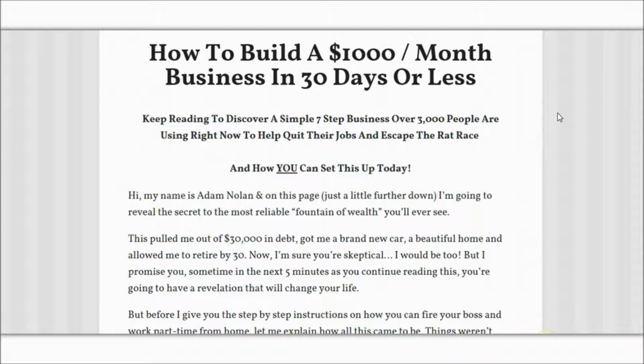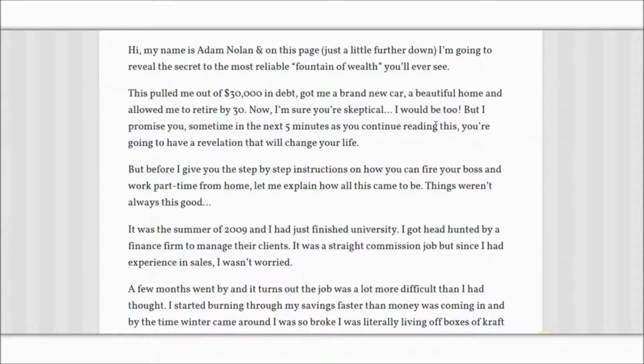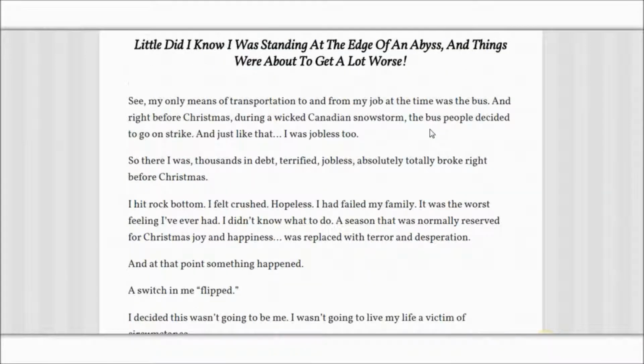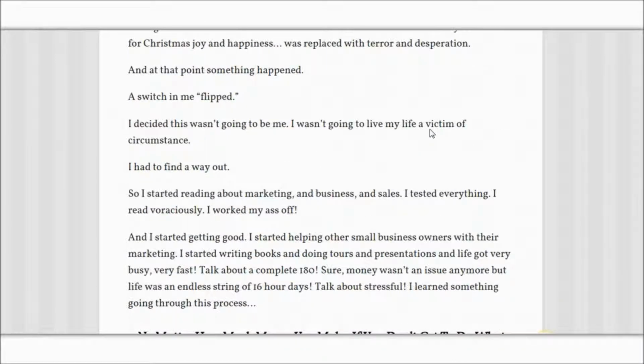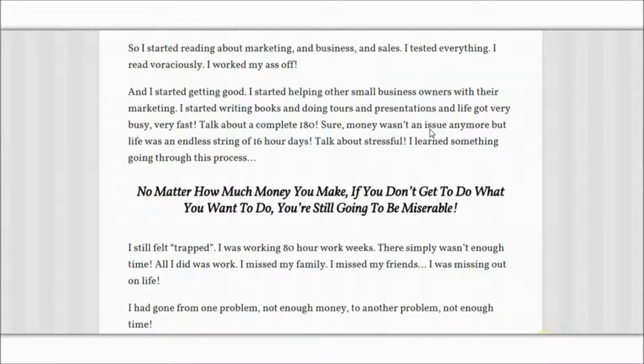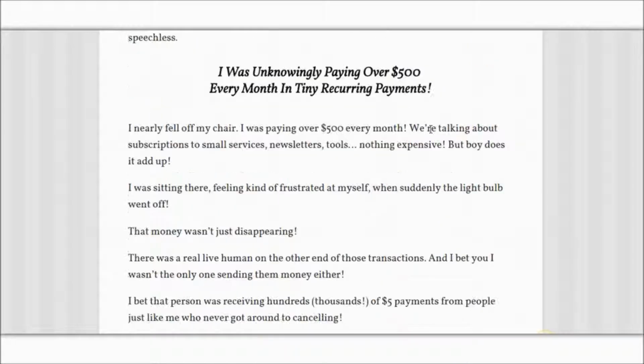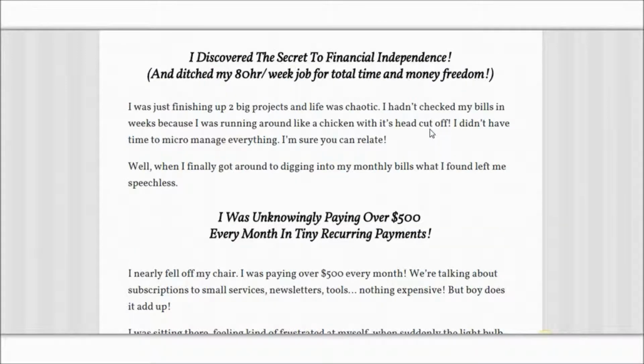Now, the sales page itself, as you can see, talks a little bit about Adam, where Adam comes from when he first started. And as you scroll down, we can see there's lots of interesting sub-headlines here. And it's a real rags to riches story, really. And that's really quite nice. But again, it's very common on sales pages these days. Scrolling down just that little bit more then. So the revelation, I think, really came when Adam realized that